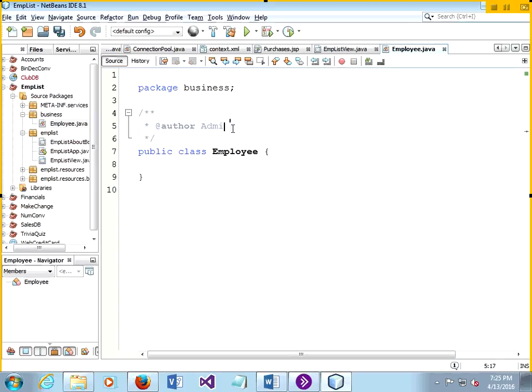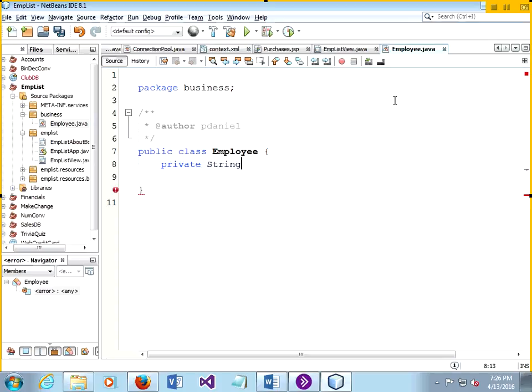Now we should be able to make pretty quick work of this, because we can declare our globals for each of the employee fields and then have the IDE encapsulate that for us. So what I've got, and most everything is a string,